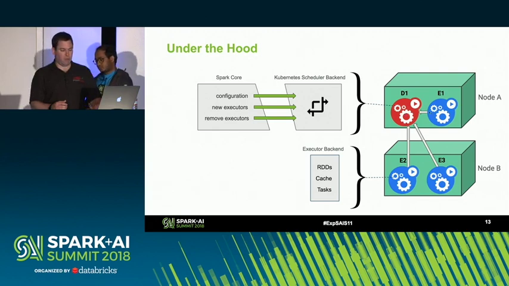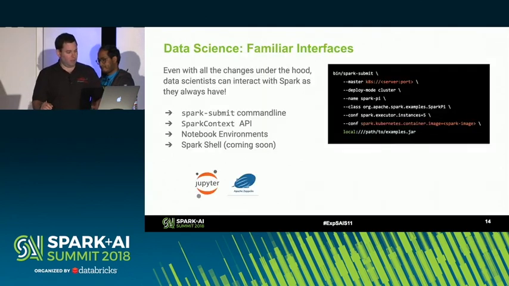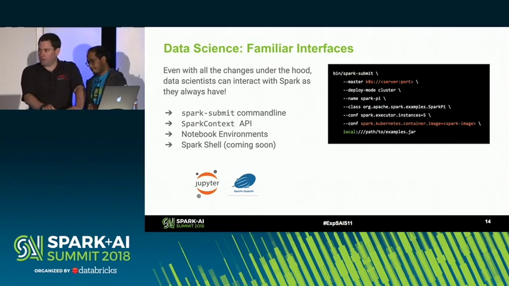And then the driver requests to Kubernetes, hey, I'd like some executors that are going to run in this container. And Kubernetes then starts up the blue things, the executors, which do their regular job of tasks and caching on behalf of the driver asking them to do that. For people who are used to running Spark, how you'd call this is going to look pretty familiar.